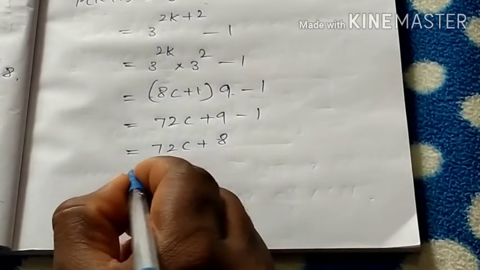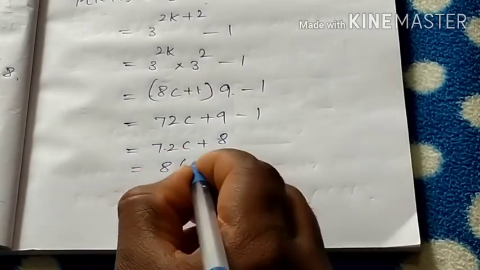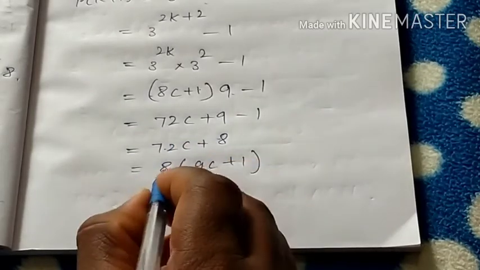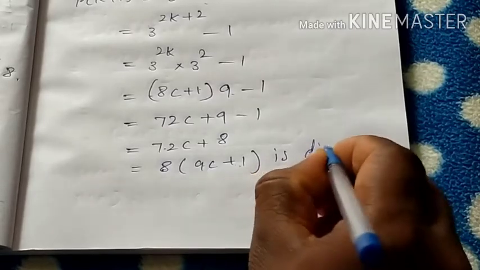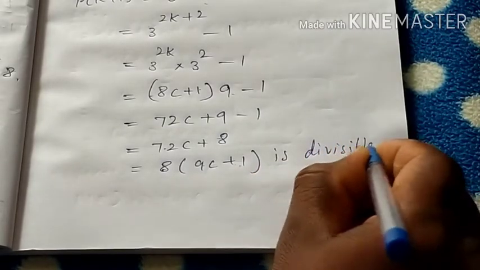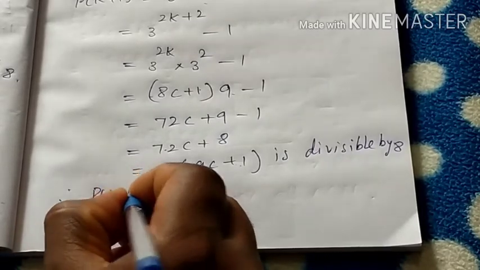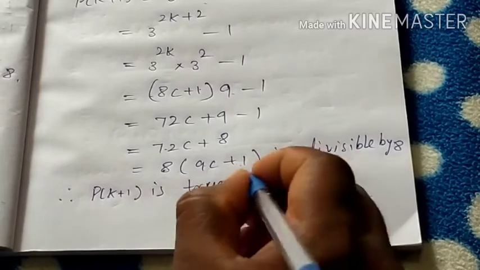It is equal to 8 is the common, taking it outside, remaining is 9c plus 1. Multiples of 8 is divisible by 8. Therefore, P of k plus 1 is true